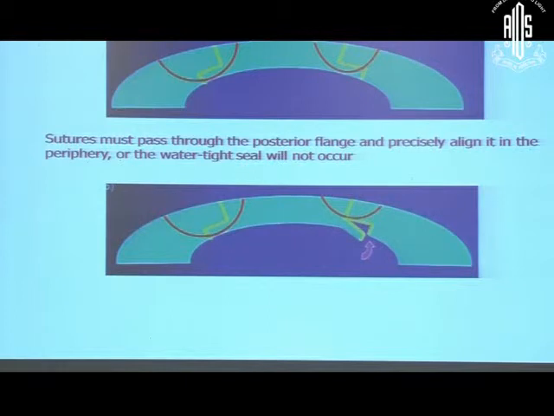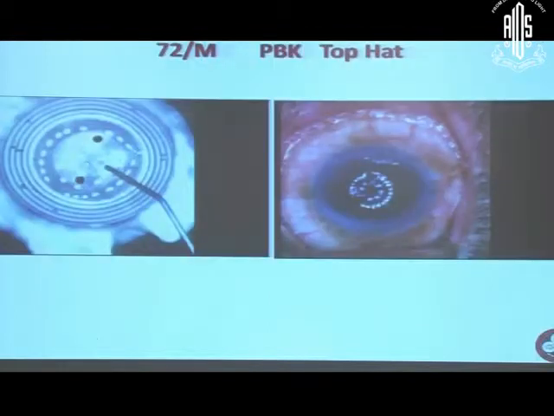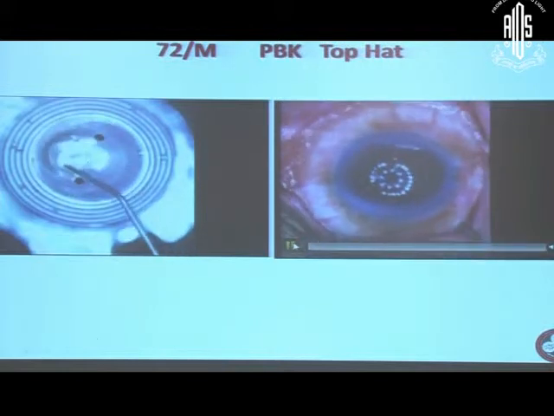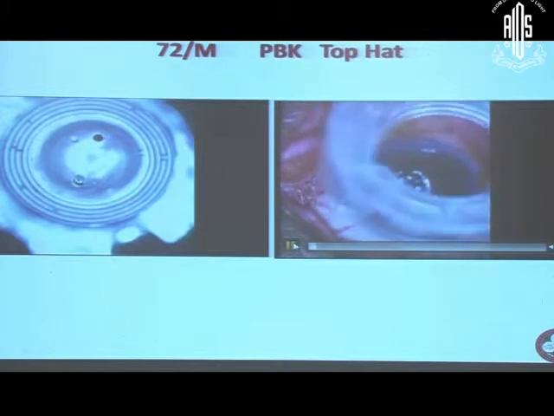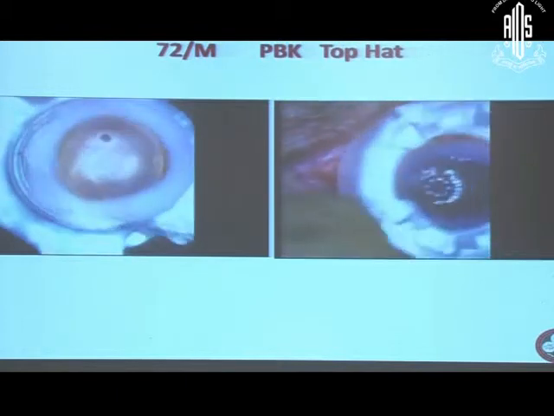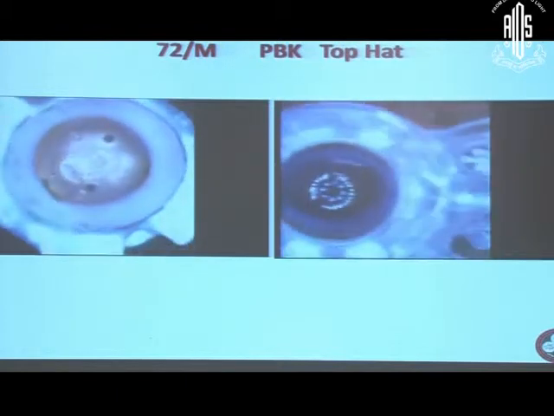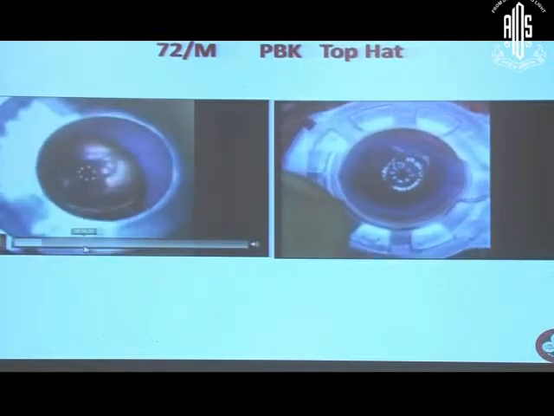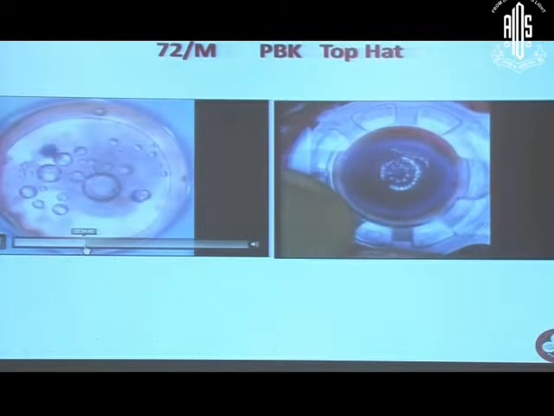Then coming to top hat. In this, I'll just show you the cutting of the button, how it goes. This is a case of bullous keratopathy in a 72 year old person. You fix the graft. I'll just fast forward it a little bit. So here again,